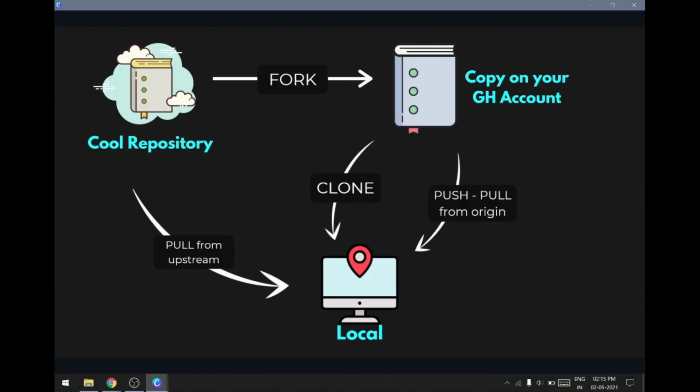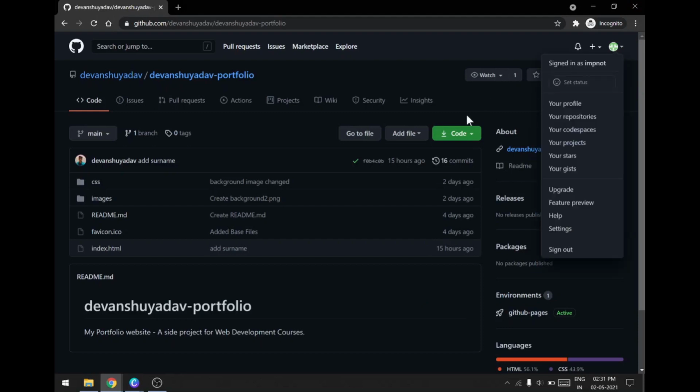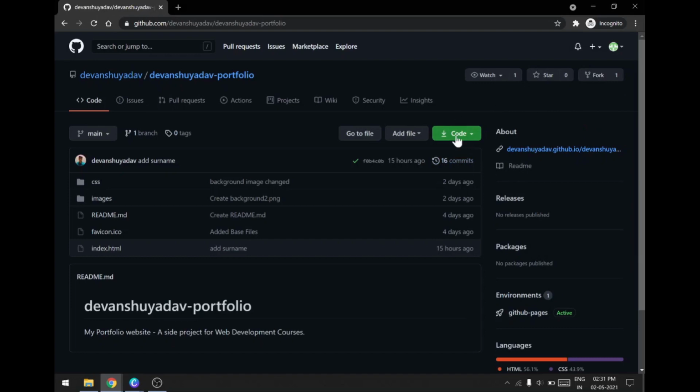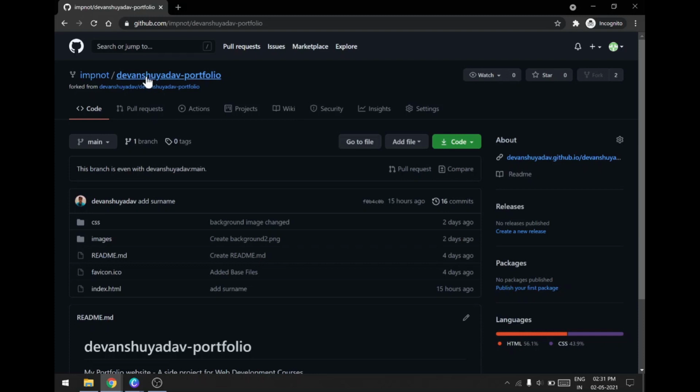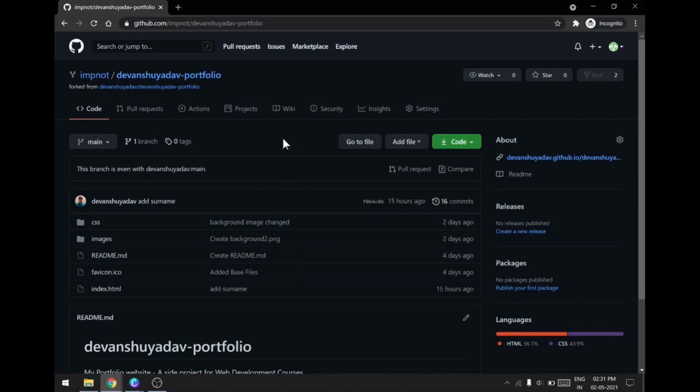Now let's just take an example for forking and cloning repos from GitHub. So this is one of my repositories that I had been working on, and now I want a copy of that on my local environment. Since I'm signed in through a different GitHub account, I don't own this repository. So before cloning this project, we'll first fork it. So now we have this forked repo. In this repository section, we'll copy the link to this repository. This link is similar to the link we used while adding the remote to the local repository.